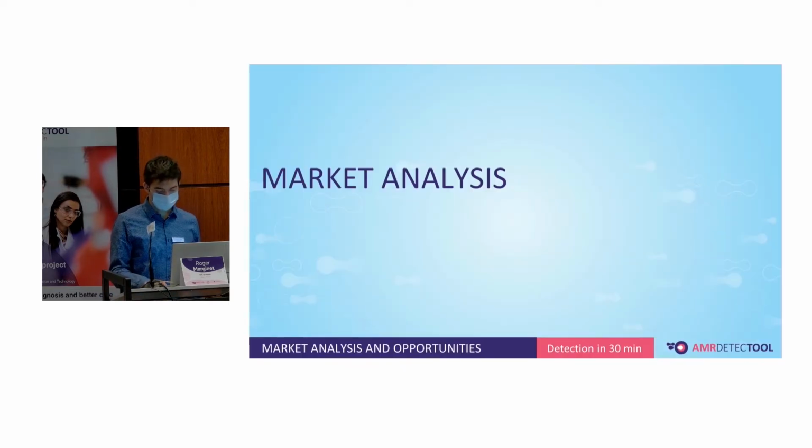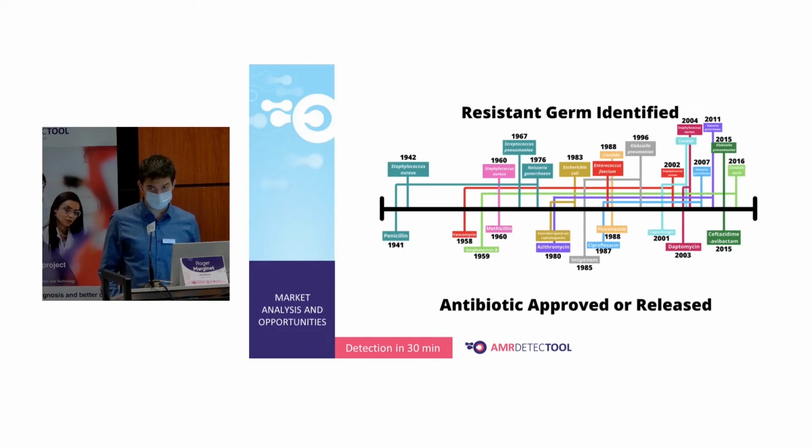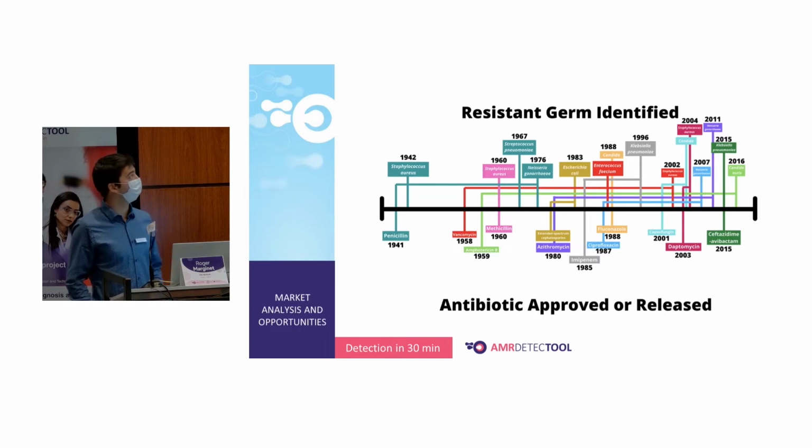As for the market analysis, first, I'm showing you this graph that shows throughout history when the different antibiotics were developed, and then, in the same color, when the first resistance to that antibiotic was found. As you can see, it was not many years after the appearance of the antibiotic, and it's been 6 years since the last antibiotic was brought to the market, the ceftazidime avibactam, and